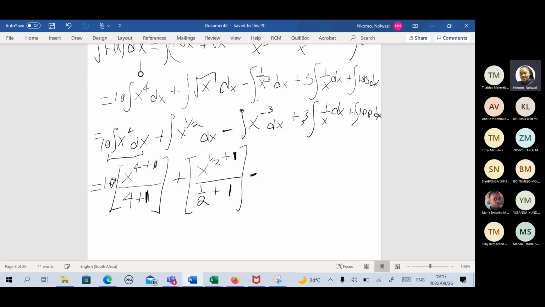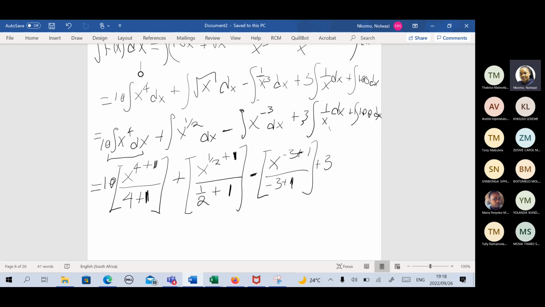And we have x to the power minus 3. This is a power function, so we apply our power rule. The power is not minus 1, it's minus 3, meaning we can use our power rule here. So the integral of this would be x to the power minus 3 plus 1 divided by minus 3 plus 1. And this is 1 over x. 1 over x is the same thing as x to the power minus 1, meaning n here is minus 1,